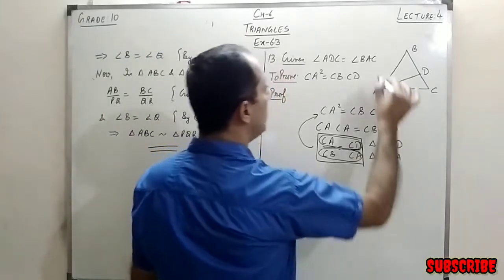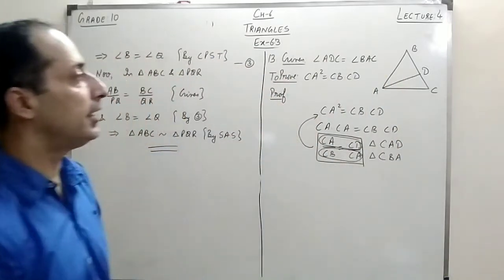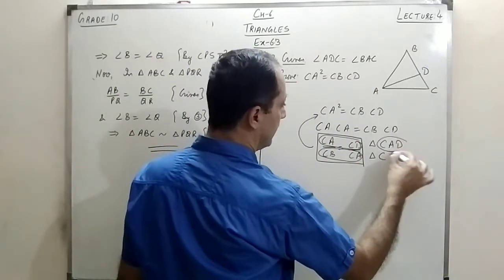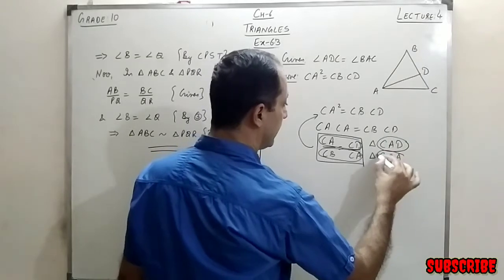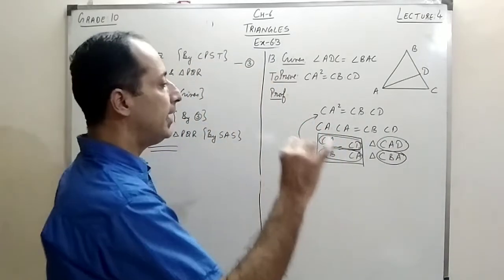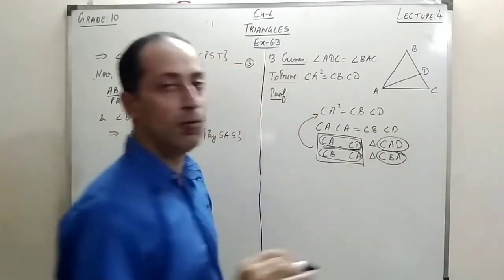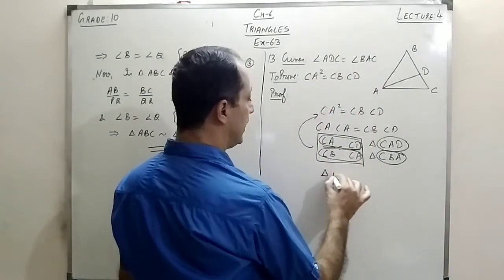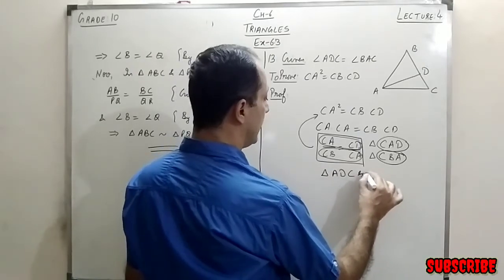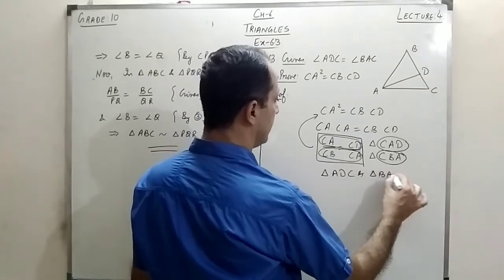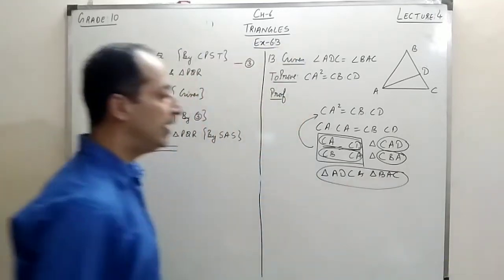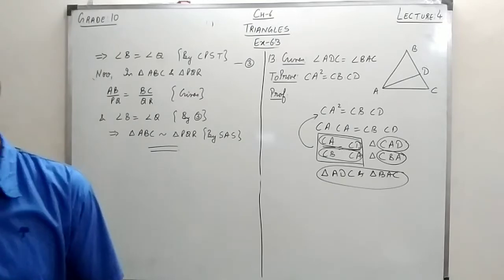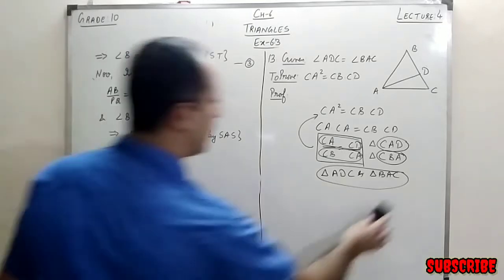Now how can we take the order? See, if we see what is given to us, it is given that ADC and BAC. So ADC is somewhere inside this triangle and BAC somewhere in this triangle. So instead of writing the name of the triangle this way, I can just take the name of the triangle from these angles only. It means I can take these two triangles, ADC and triangle BAC. If I can prove these two triangles are similar, then I can go in the reverse way. So let's see how we can do it now.